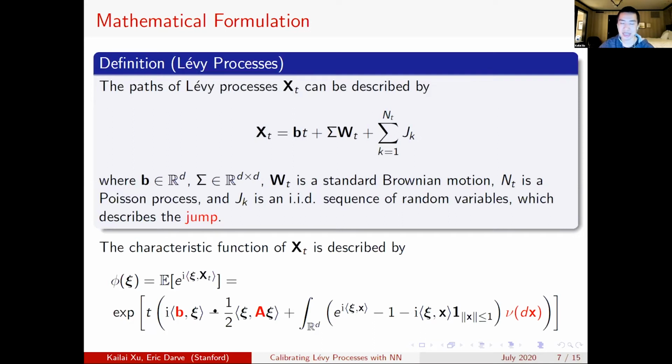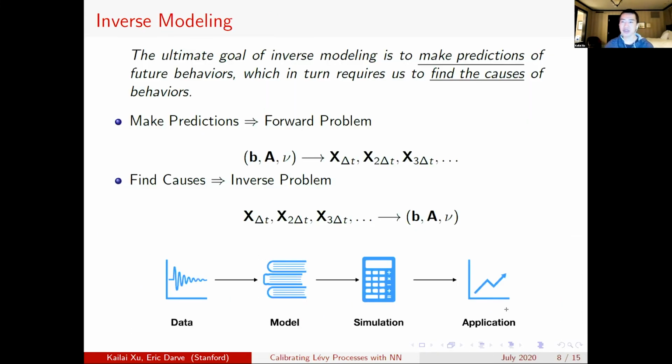As you can see, we can describe these Lévy processes using 3 parameters. The first is the drift, the second is the diffusion, and the third is the jump. For describing the jump, we usually need a function instead of a parameter. This jump distribution can be non-smooth, and it can also be a delta distribution. Eventually, we want to use this mathematical tool to make a prediction: we know the drift term, the diffusion term, and the jump term, and we want to make a prediction of the time series.